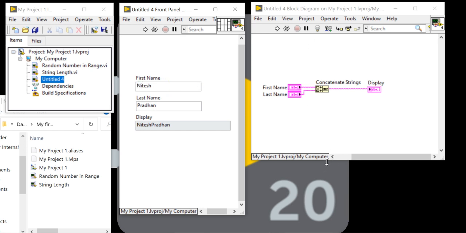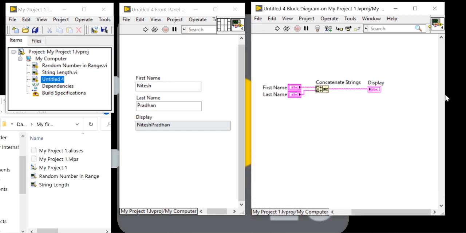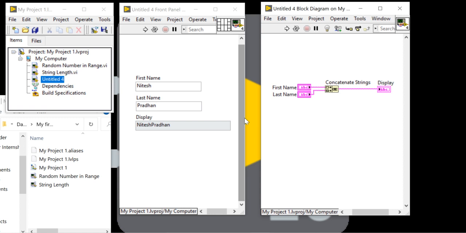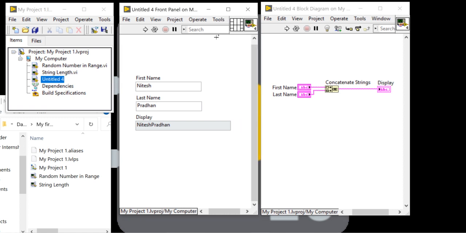Now, in the code I have written, I can add two names, my first name and second name, and I can display my complete name at once, right? But I want a space.